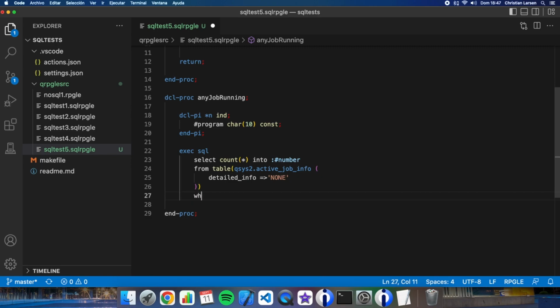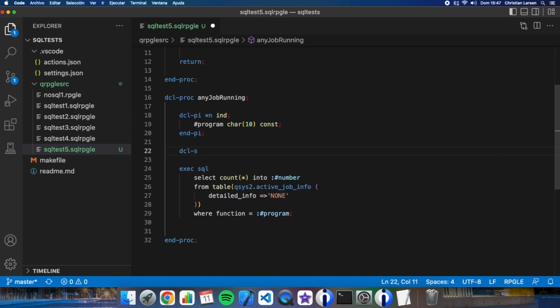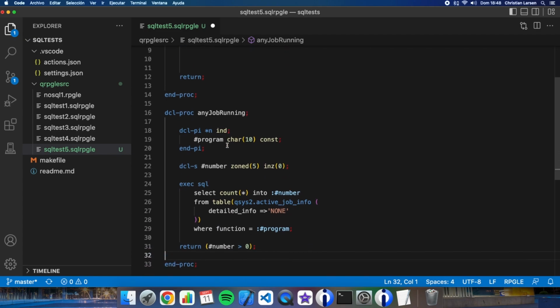Okay, where function is the program name. Program. Okay, let me declare number. So, okay, and I will return if the number is more than 0. Okay, so if I call this function,